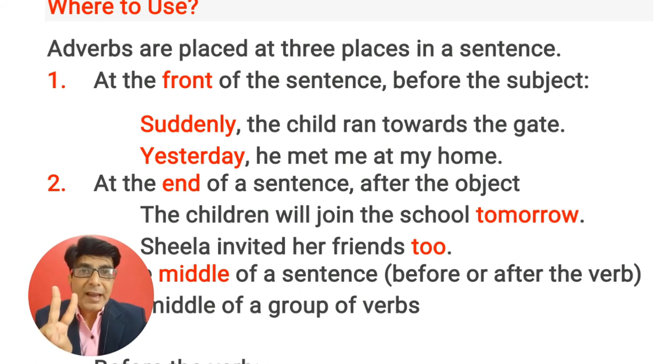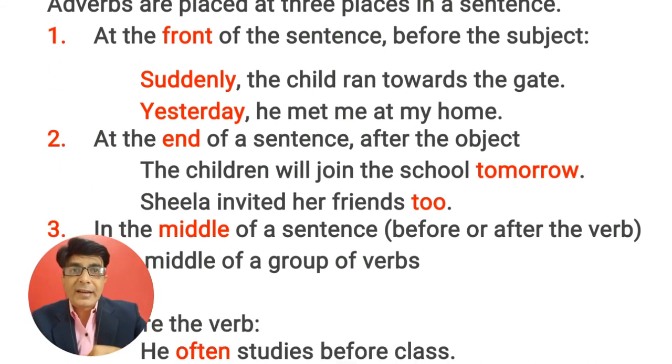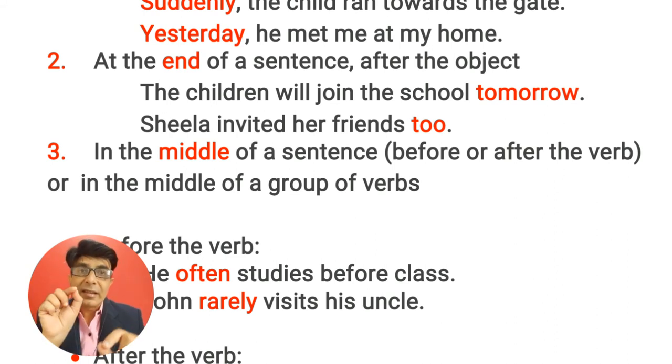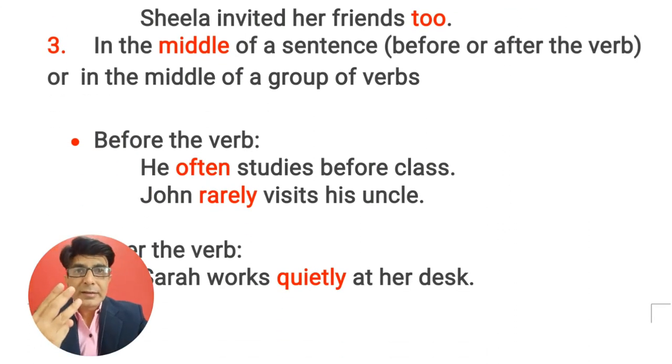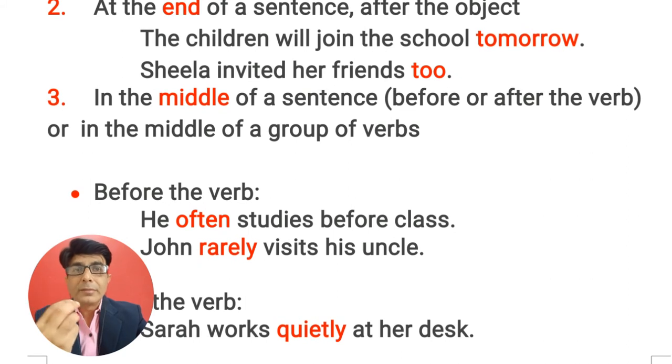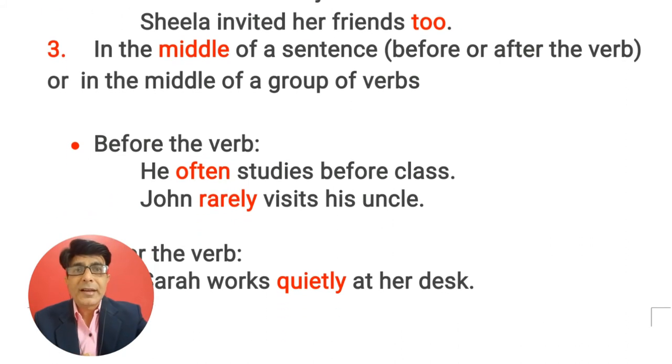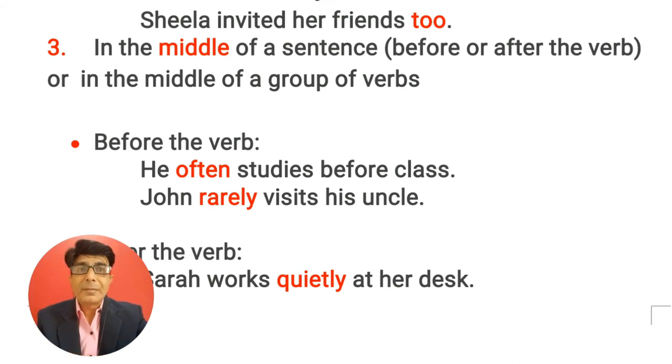Second place of the adverbs is at the end of the sentence. Okay, the children will join the school tomorrow. So the word tomorrow is an adverb which is used here at the end, and third place is in the middle of the sentence. That means before or after the verb or in the middle of a group of words. We can use it in three ways in English. Before the verb, that means when you say,